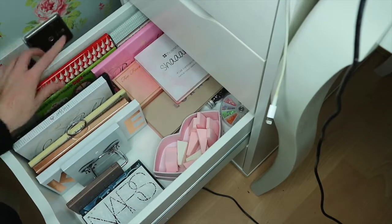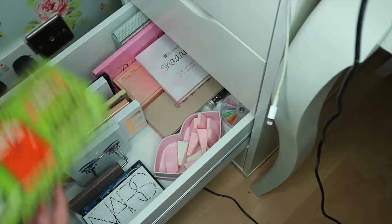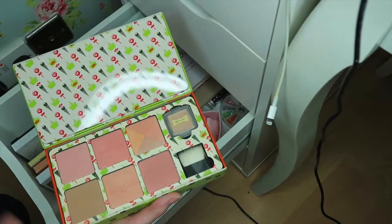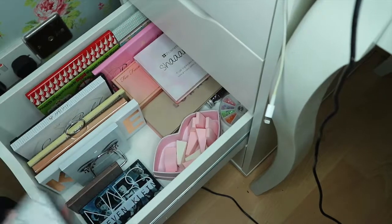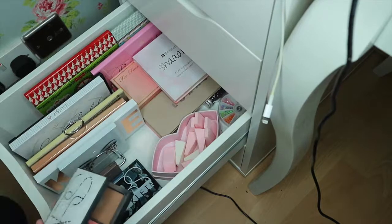I keep a couple of Benefit Christmas collection boxes here because these are really nice. They're like lip and cheek boxes, so you get Hoola and you get all of the blushes and a little brush, which is a really nice collection. Down here I just keep a couple of NARS palettes. I really like these palettes because they come with bronzers, blushes and highlighters, so I use these a lot,